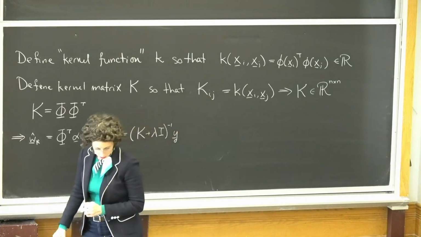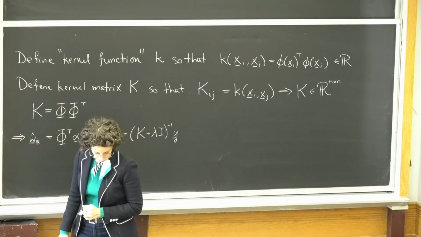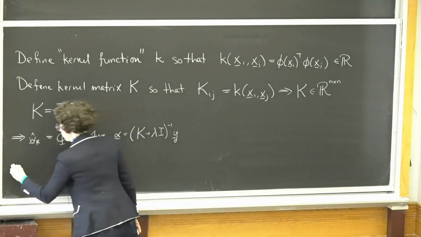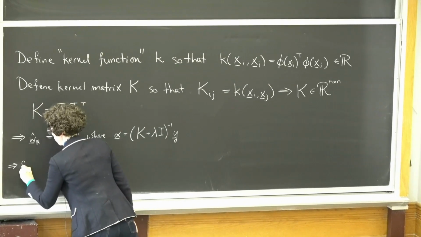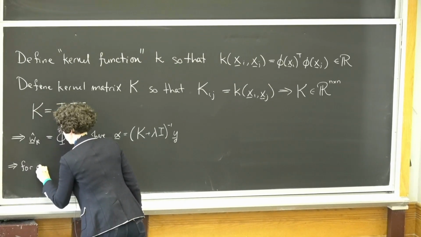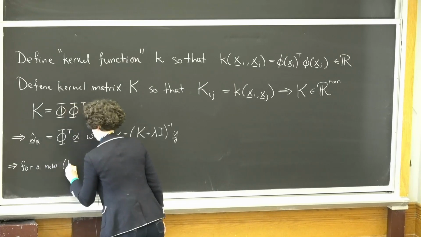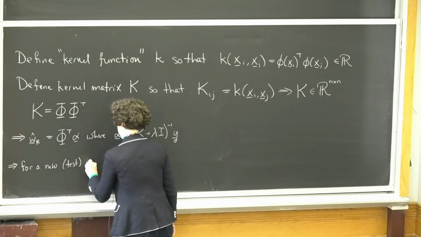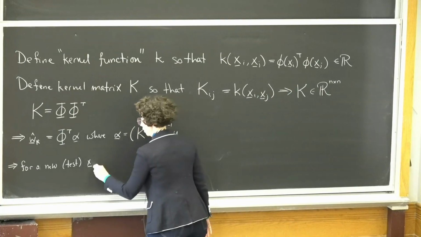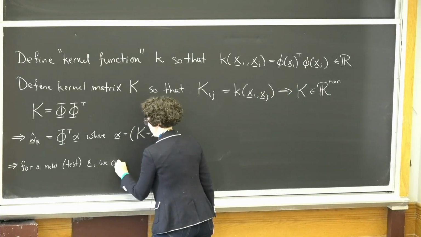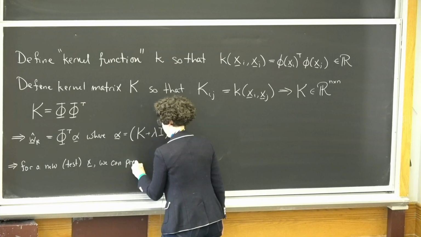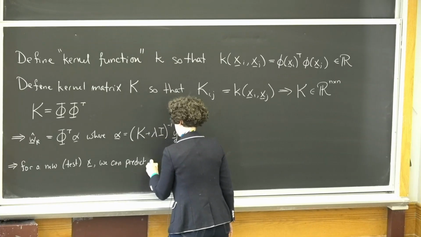And in particular, once we have this, for a new, let's say, test feature vector x, we can predict a label